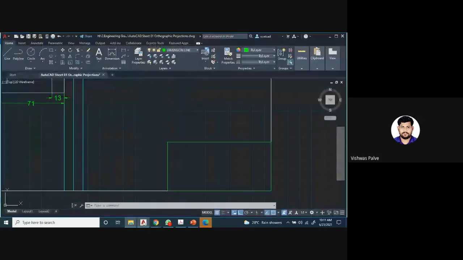I'll share what details are required here. You have to prepare a template where the name of the college, the division, and attendance will be there. We can prepare that here itself. Suppose I want to draw a line from here to here.